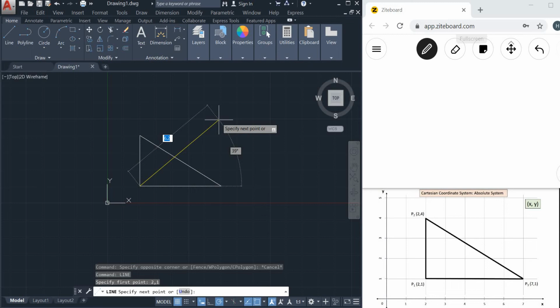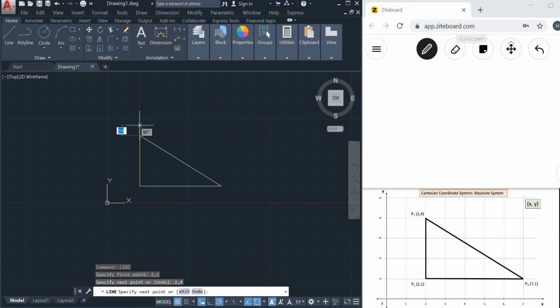So you just have to type 2 here. That is the x coordinate of the second point. And to enter y coordinate, you have to press comma on the keyboard. When you press comma on the keyboard, you'll see that the inclination box has disappeared, and now it's asking you for the y coordinate, and y coordinate is 4. Type 4 and press enter. Our AutoCAD has fixed point number 2 at 2, 4.